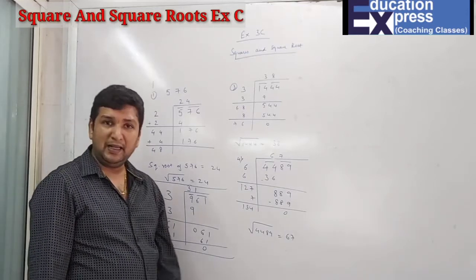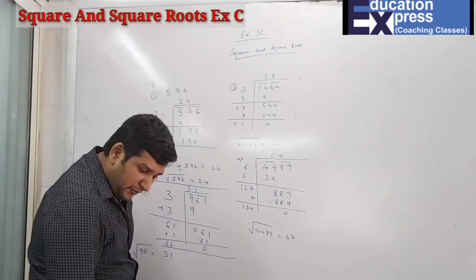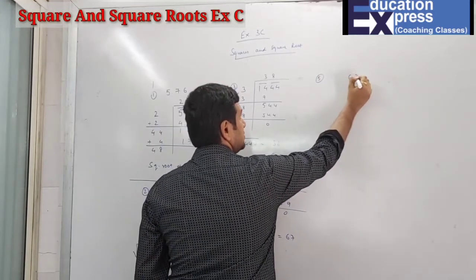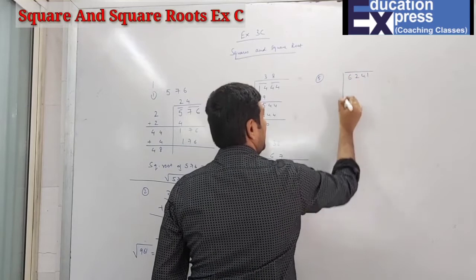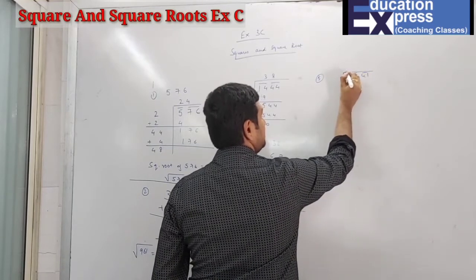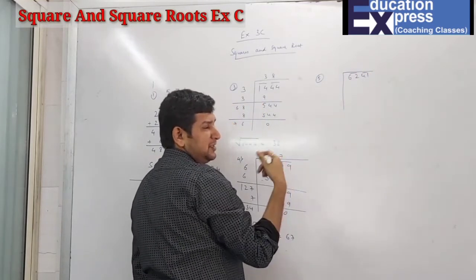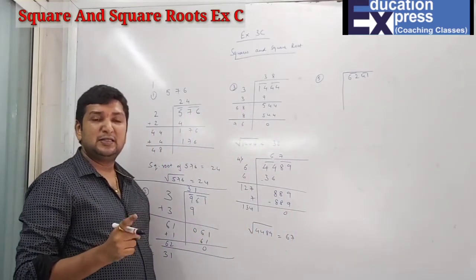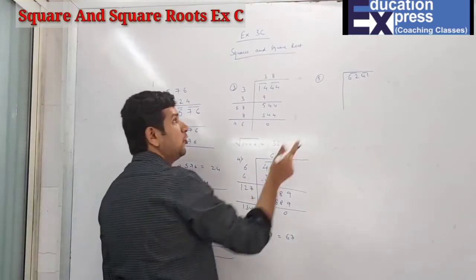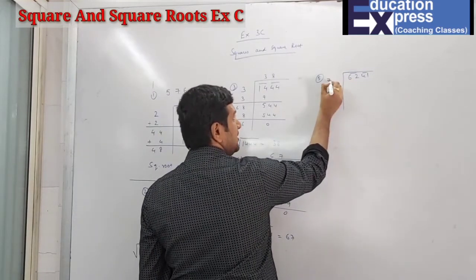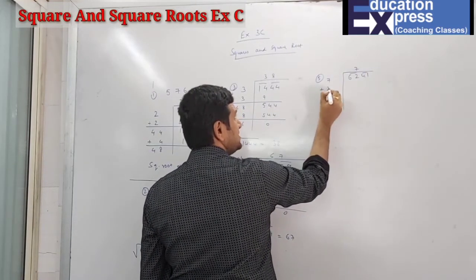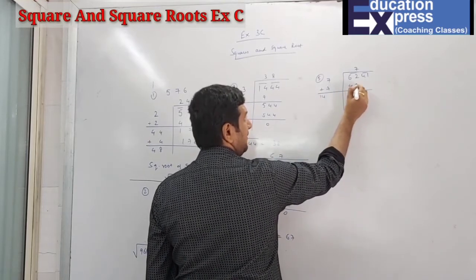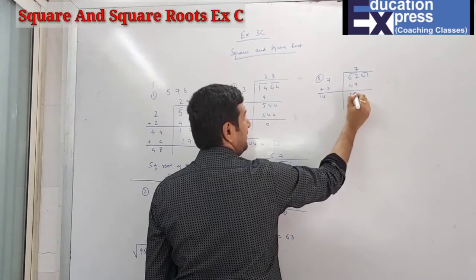Students, I suppose that there is no problem till now. I hope you are getting everything. Fifth part. 6241. Again, making pairs, 41, 62. The number which is less than 62 will be what? Square of the number which is less than 62. 5 5s are 25, 6 6s are 36, 7 7s are 49, 8 8s are 64. 64 is more, the 7s are 7 into 7 plus 7, 14. This is how much? 49. Now how much is left? 13.